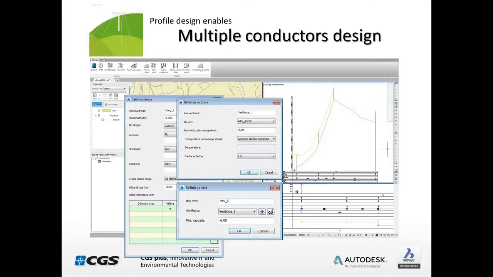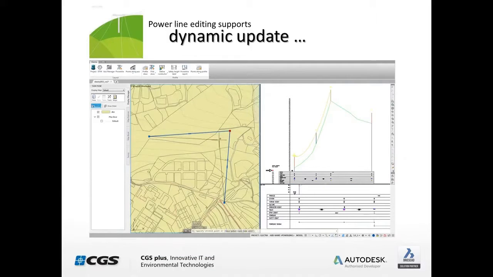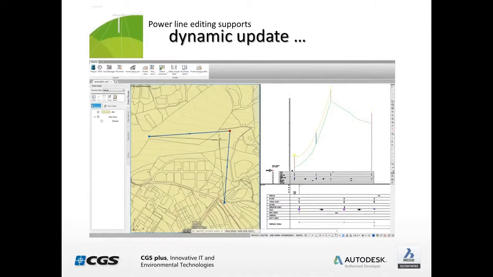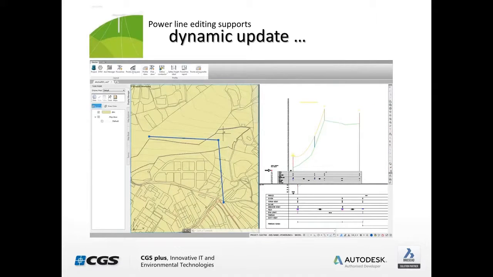Electra enables, those are some comparison to the old Electra as well. So in previous version there was only one conductor possible to be attached to the poles. Electra now provides the ability to add as many conductors to poles as user needs to, and define all the loads, the wind loads as presented, and all other parameters. Any changes, if created or made to the profile line, are represented dynamically in the profile view. So if user is just changing the layout of the profile, the profile automatically updates, and that's a significant improvement